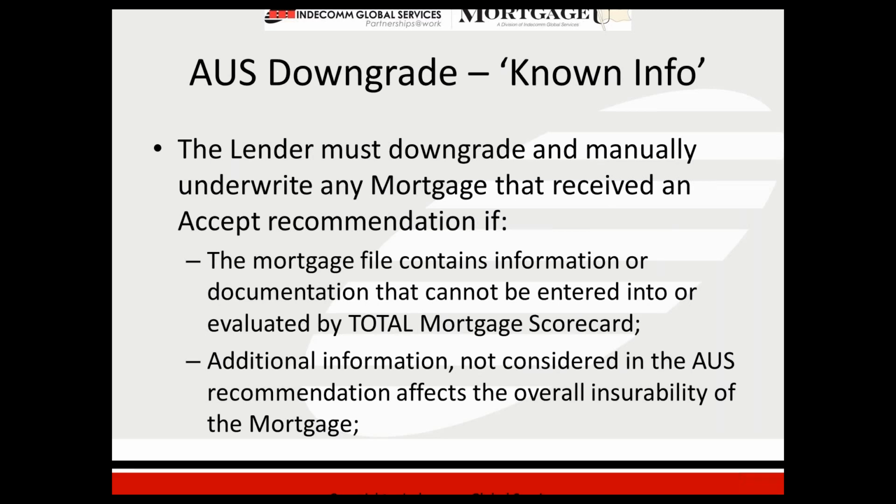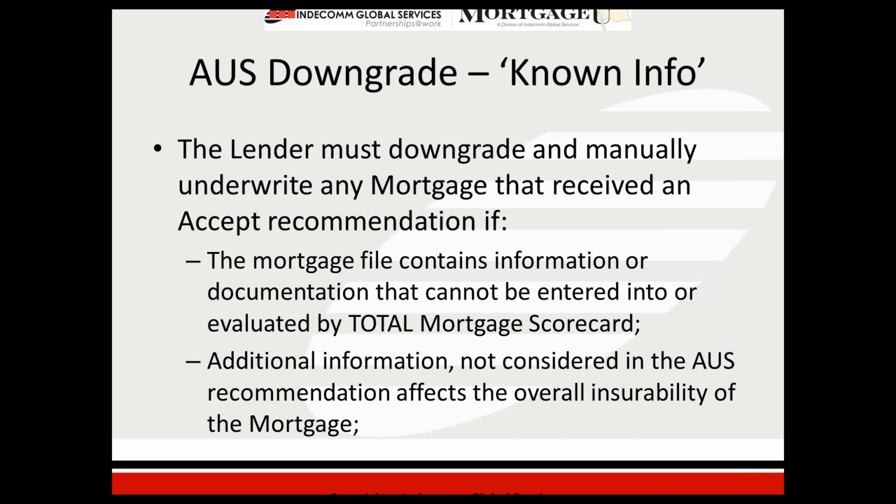There are certain cases where you run the information through FHA's total scorecard and receive an approve/accept, that's great, but you realize that something wasn't read properly from the credit report into total scorecard. That is basically saying that the approve/accept recommendation is invalid. So in the event the mortgage file contains information or documentation that cannot be entered into or evaluated by total scorecard,